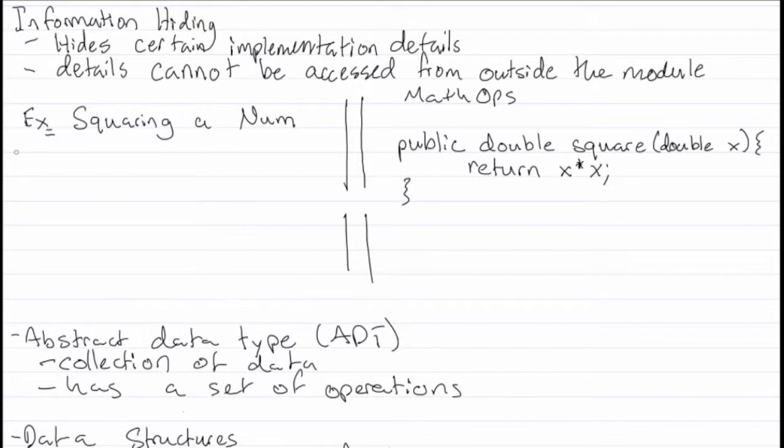To do that, first I need to create a MathOps object. So let's say this is my creation, and I'll call it M. Let's say I want to square a number. I'm going to make it a double, call it x, and give it a value of 4. So now I want to